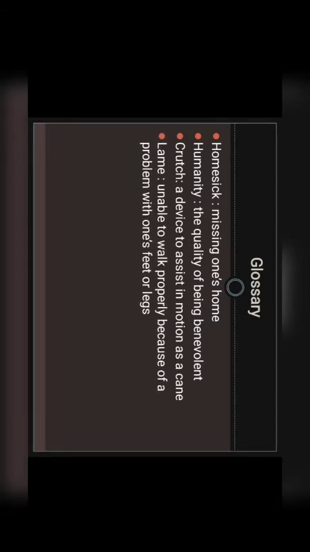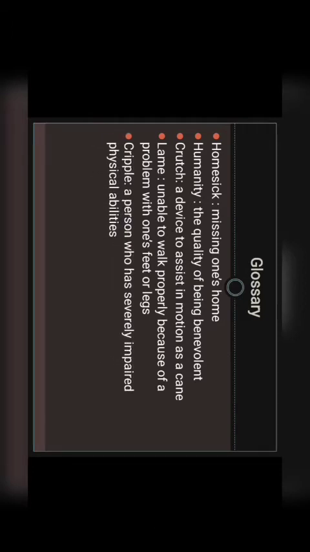Lame, unable to walk properly because of a problem with one's feet or legs. Cripple, a person who has severely impaired physical abilities. Then the last one is nutshell. Nutshell means a short summary.